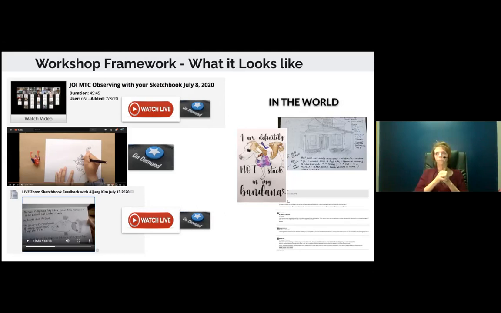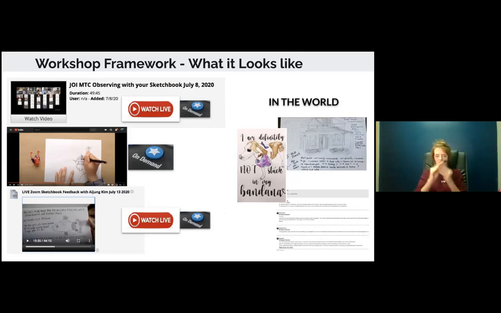Just the work that teachers do. I don't know if you noticed the dates, they would meet on a Wednesday, be introduced to the artist and the project, and then by Sunday they would create and post their work, and then Monday we would have a feedback session.